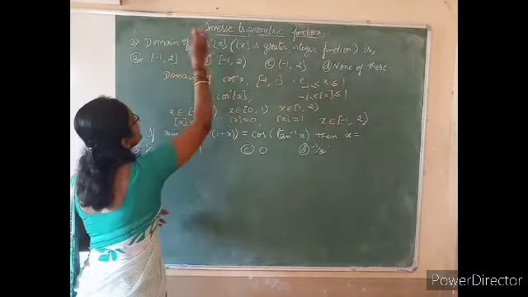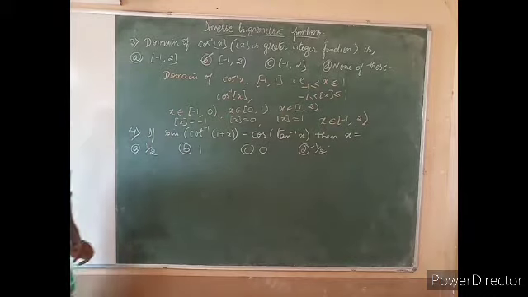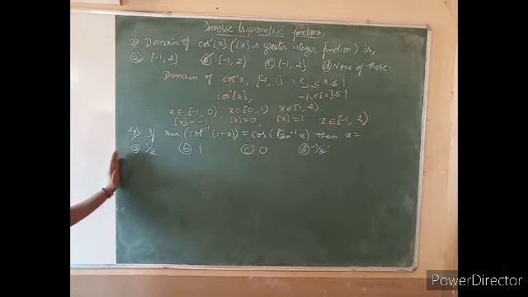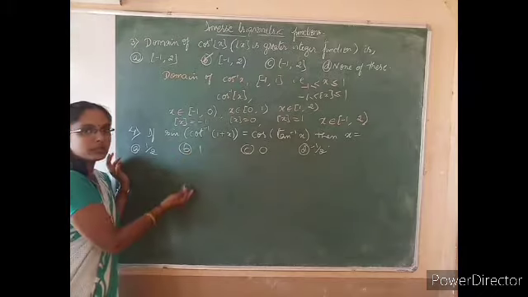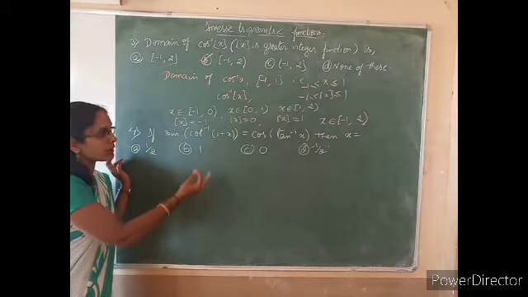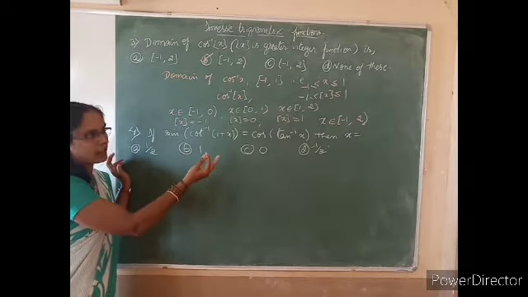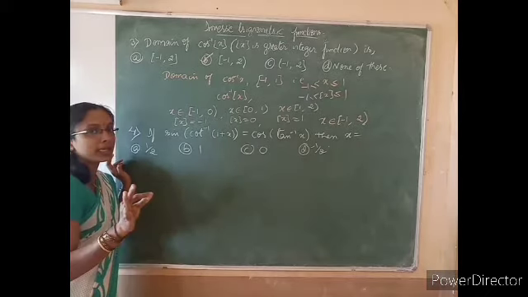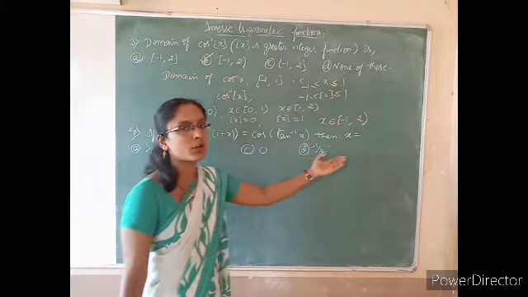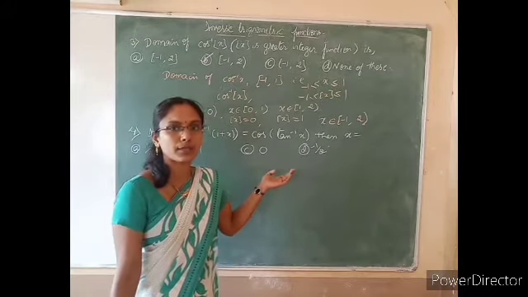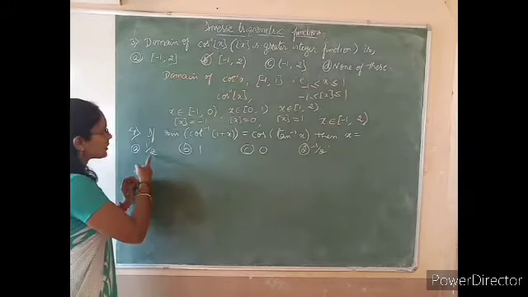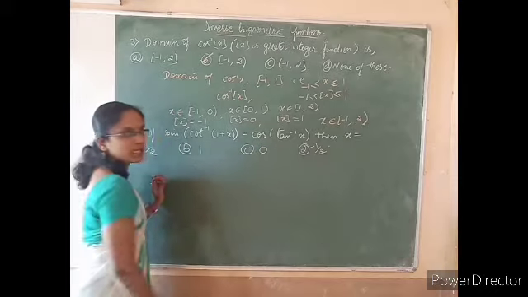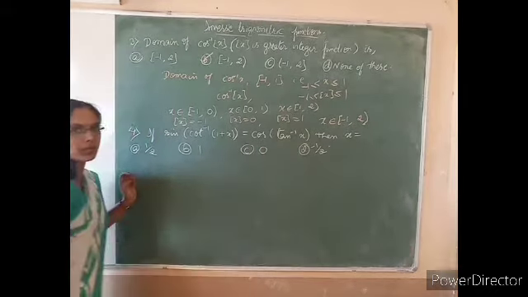Domain of cos inverse of x is... So, x can take the value minus 1 to 2 here and minus 1 is included. So, the fourth one, we can solve this either by using the definition of the inverse trigonometric function to find a value of x, or easily by inspection. Whenever we have to find a value of x, by inspection we easily find it. So there are options 1 by 2, 1, 0 and minus 1 by 2. I will take the simple one here.